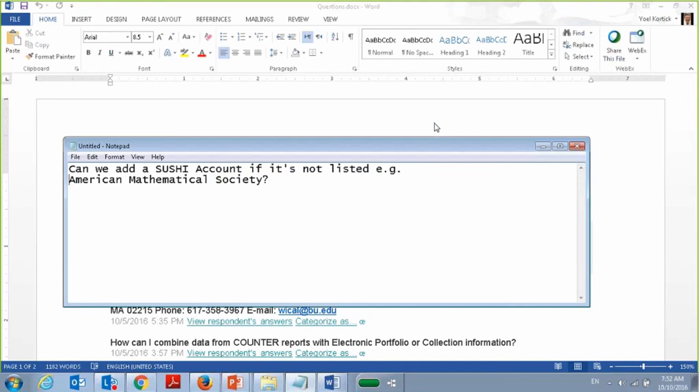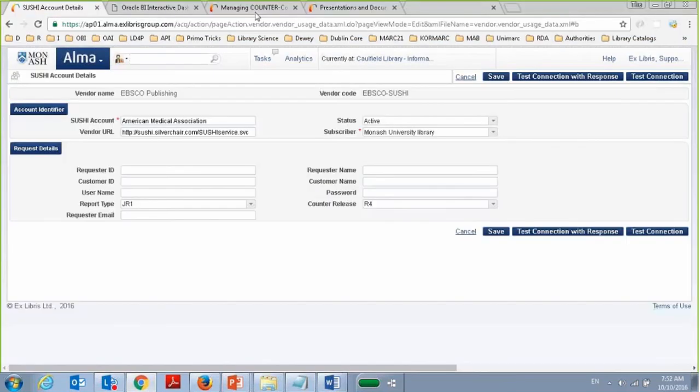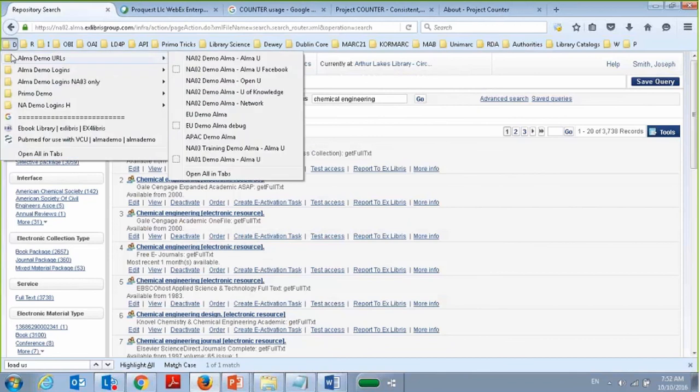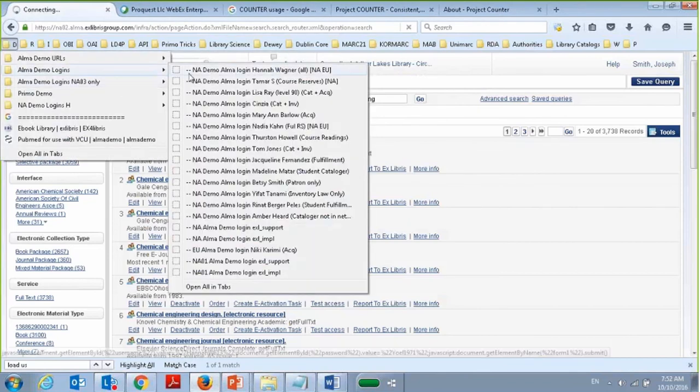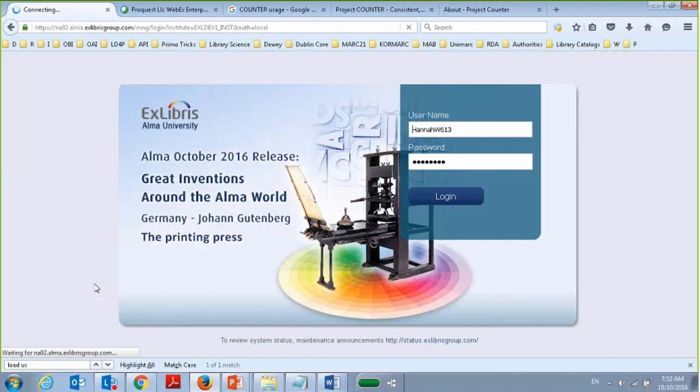So, can we add a Sushi account if it's not listed, e.g. American Mathematical Association? Yes, you can add your own Sushi account, and you can call it whatever you'd like in whatever language you want. Let me go into a different demo environment. Sorry, I've got so many demo environments. Let me close this one and go in here and here. Okay, so